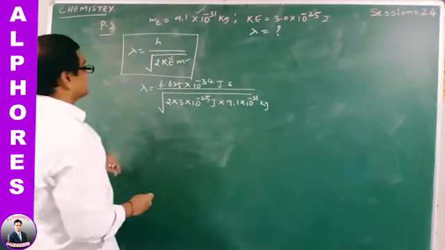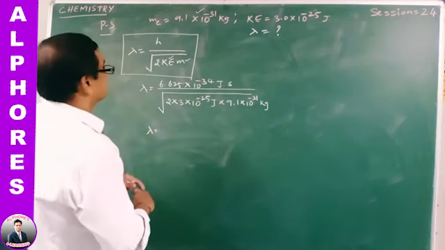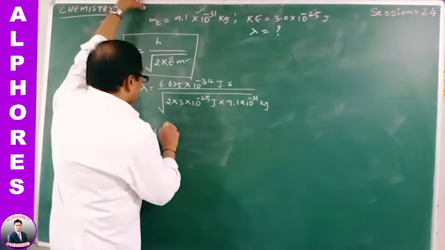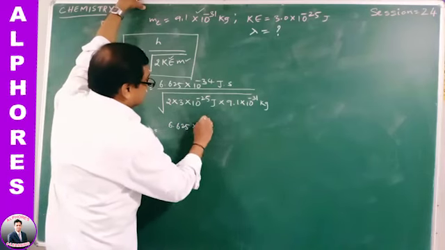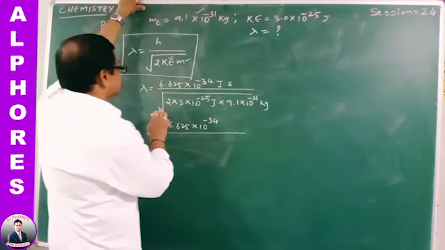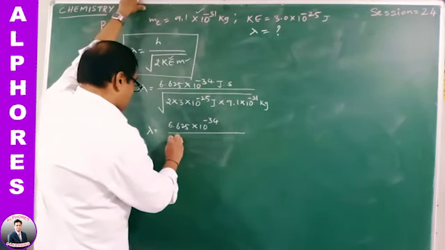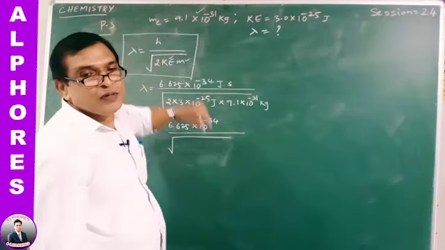On solving this, lambda is equal to 6.625 into 10 to the power minus 34 joule seconds by, on simplifying the root,